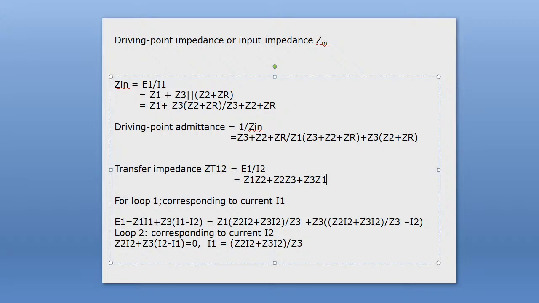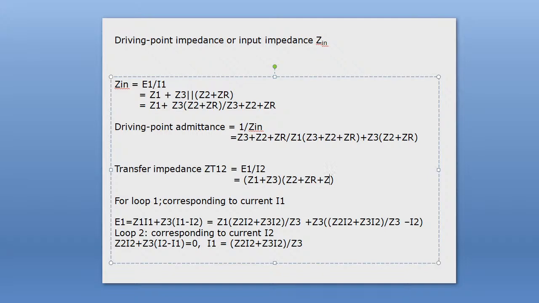Okay, I have made a mistake here. For E1 by I2, let me write this thing correctly. Z1 plus Z3 into Z2 plus ZR